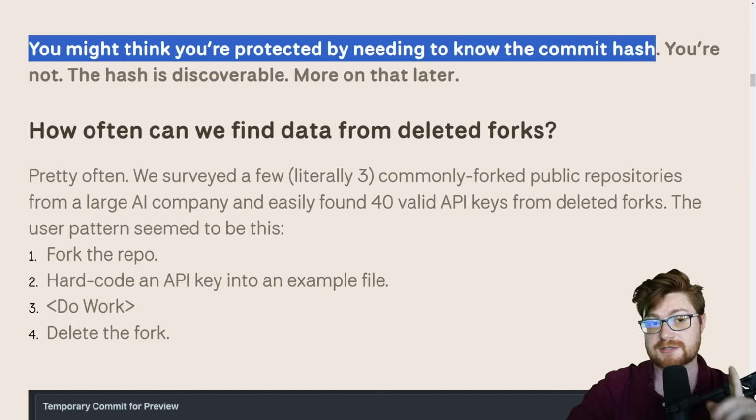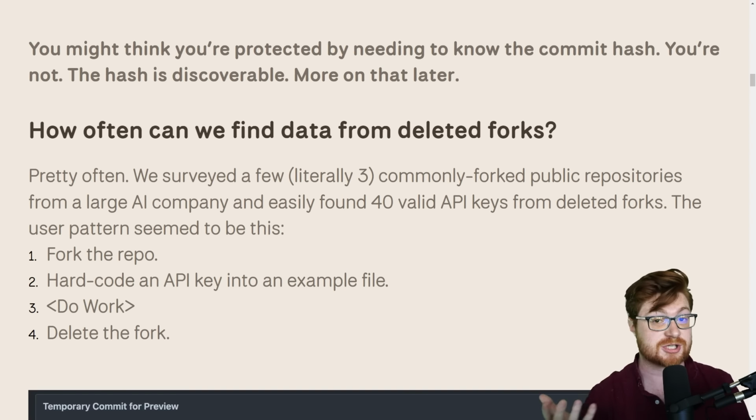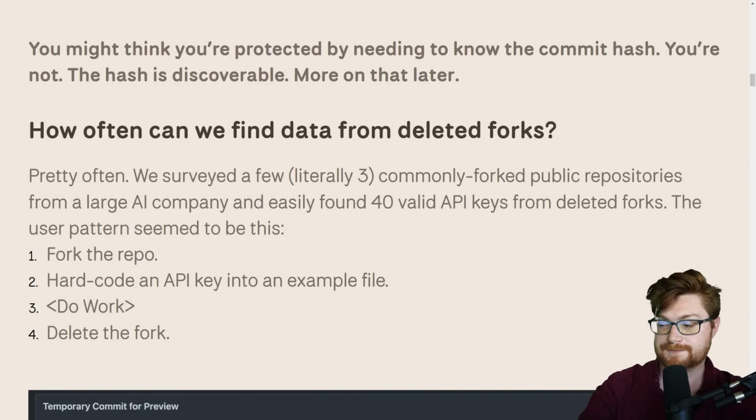Don't forget about that short SHA-1. That's a much smaller key space to potentially brute force. And given enough time, that's totally doable. And as it turns out, you might actually be able to find some pretty juicy data from this. Truffle Security had apparently tried and tested it here.